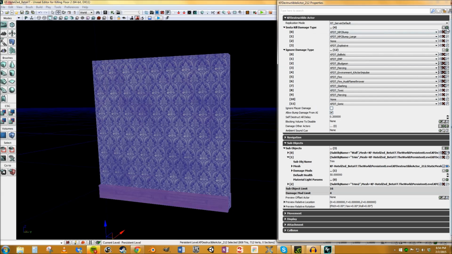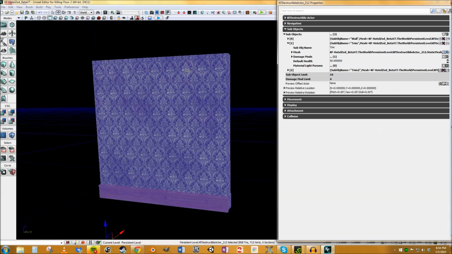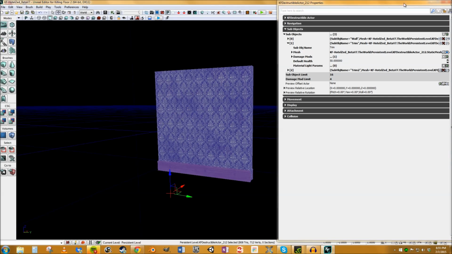You'll just have to create these little add new items to add these in, and you can ignore player damage here and allow bump damage from AI. You really just have to mess around with that and see how you want it. So to see it in action,